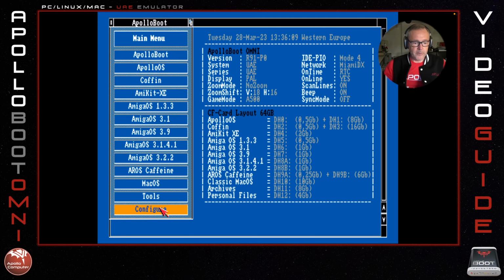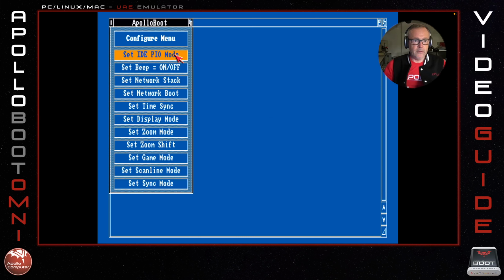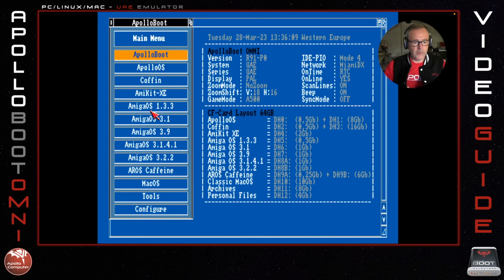If we look at the configure menu, you can set the speed of the IDE, you can set the beep on or off, you can select your favorite network stack, and you can select if you want it on boot or not, the time synchronization, the display mode, the zoom modes, and the default game modes, scanline and sync modes, all the Apollo default settings you want to. You can always do this later, so no need to do it right here, but I just want to show